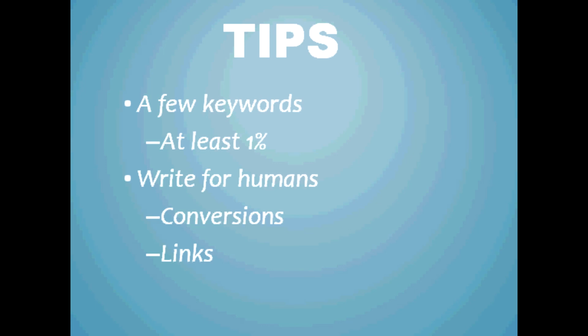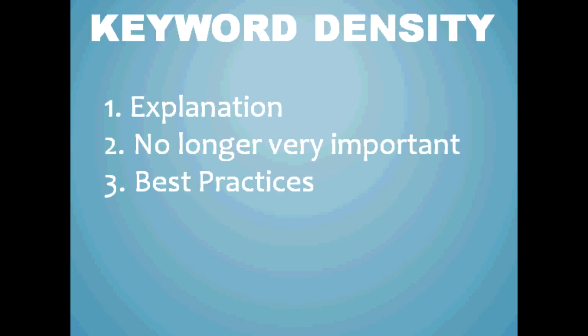Number two, you want to get other websites to link to you. That is really the number one factor in how Google and other search engines rank websites. So if you have engaging content or really well written articles, well written by a human mind, that would encourage other websites to link to you. And that's really the sort of thing that's going to help you rank well in search engines.